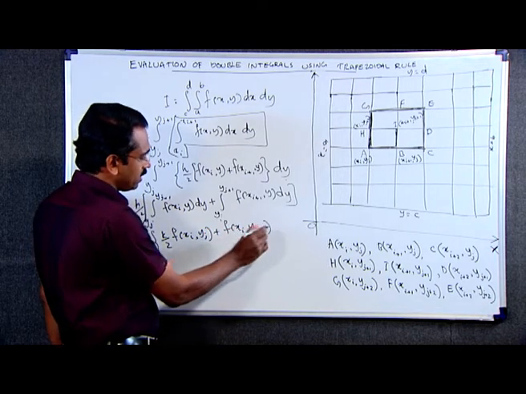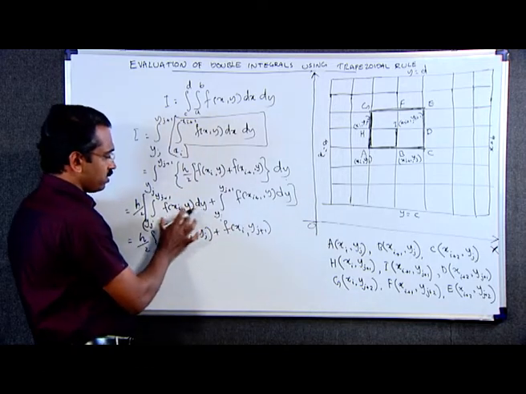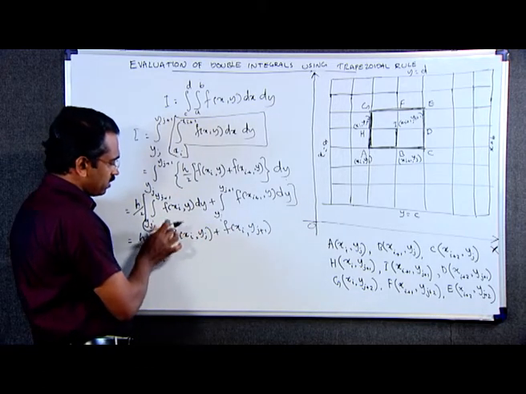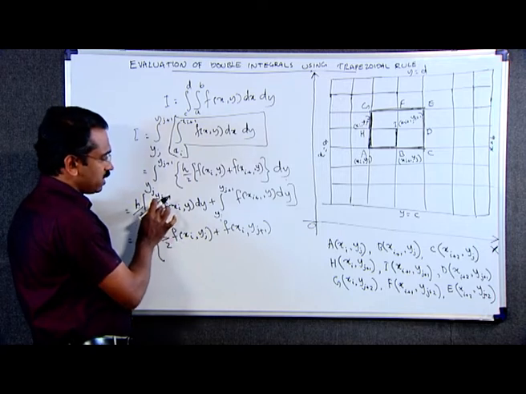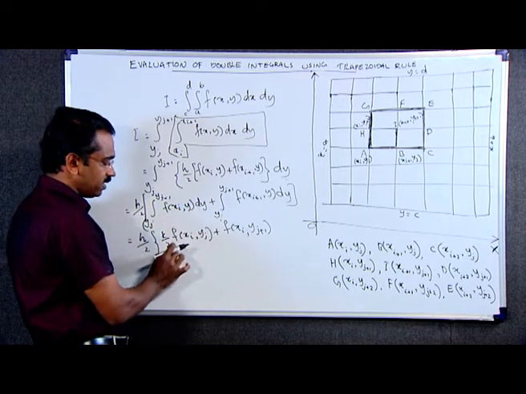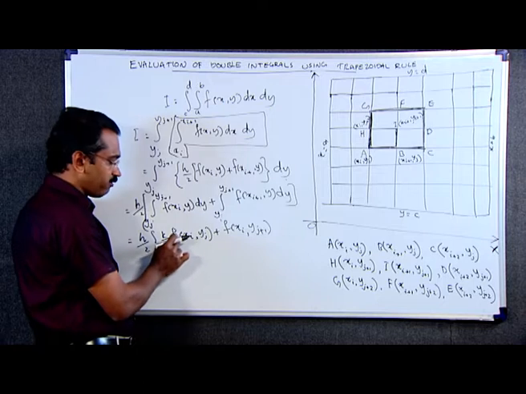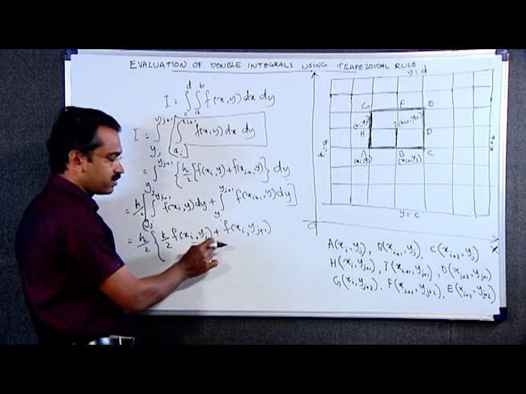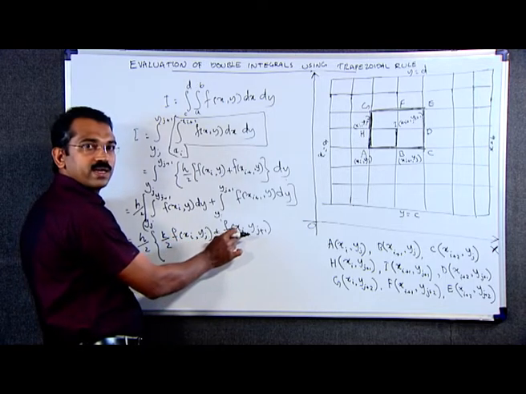This is by the trapezoidal rule for this function. We can write the integral yj to yj plus 1 of f of xi y dy as k by 2 into f of xi yj plus f of xi yj plus 1